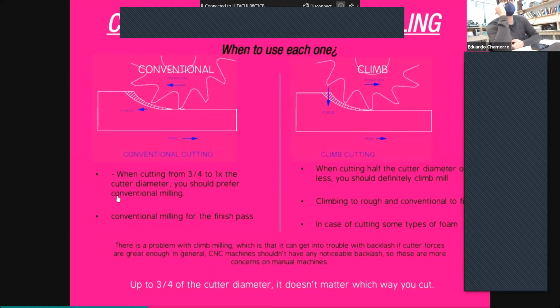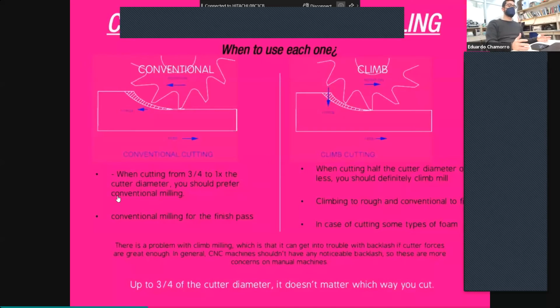But for example, in the small SRM machine, the one they use for milling PCBs, I was cutting aluminum. I know that the motor of that machine is not strong. So I was cutting first at really slow speed, and then I automatically started to cut in conventional, not in climb, because I know the motor will have problems cutting, because it's a weak motor. If you trust your machine and you think it's powerful, always start with climb. Ideally, you should do the tests in climb and conventional to see which one gets better,